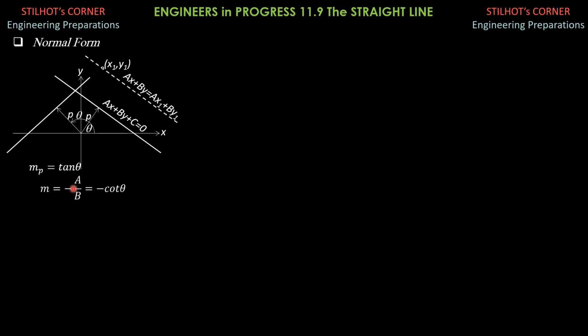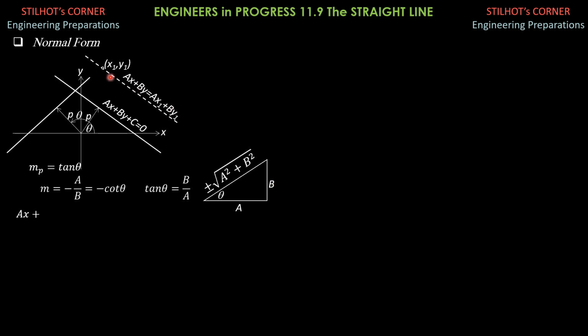Therefore, we cancel the negative sign. Tangent theta is b over a as expected. We then draw a right triangle defining tangent theta. So that is theta, opposite is b, adjacent side is a, and therefore the hypotenuse is plus minus square root of a squared plus b squared. We'll just have plus minus signs for the hypotenuse because coefficients a or b may be positive or negative.